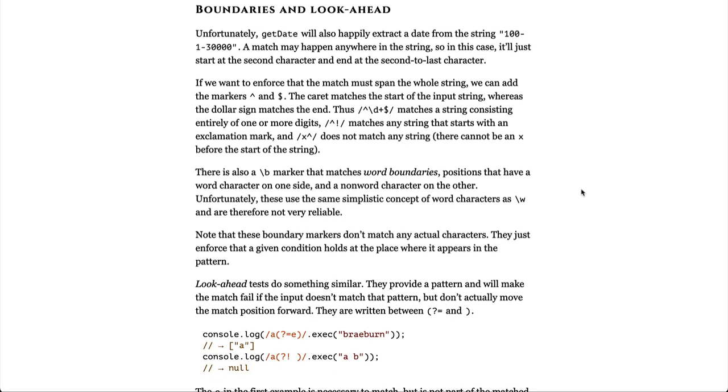Boundaries and lookahead. Unfortunately, getDate will also happily extract a date from the string "100-1-30000". A match may happen anywhere in the string, so in this case, it'll just start at the second character and end at the second to last character. If we want to enforce that the match must span the whole string, we can add the markers caret and dollar sign. The caret matches the start of the input string, whereas the dollar sign matches the end. Thus,